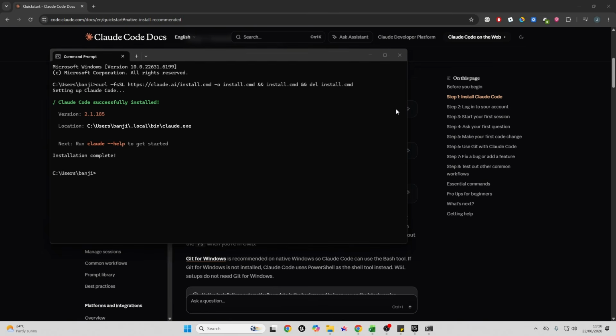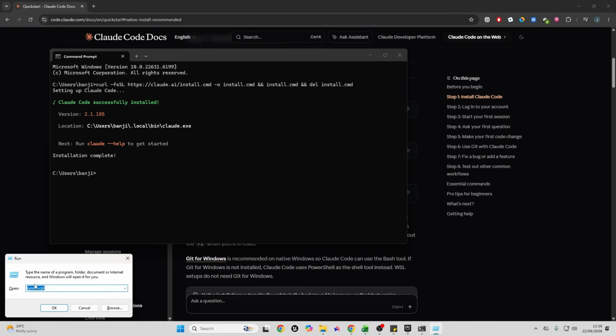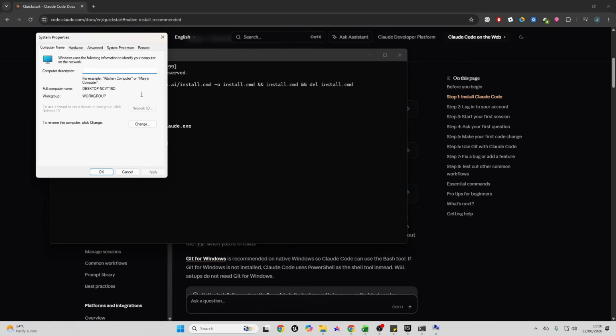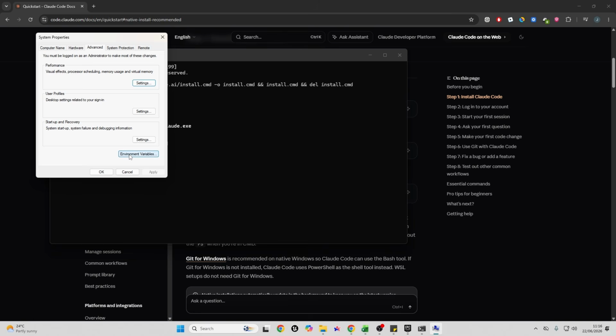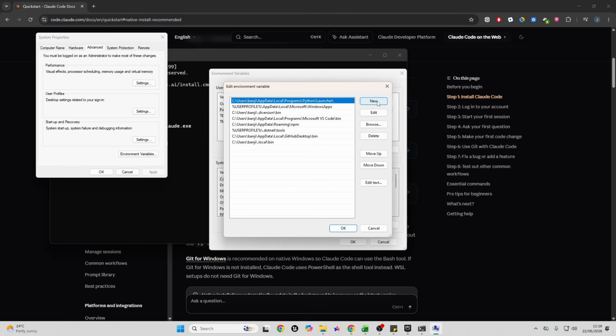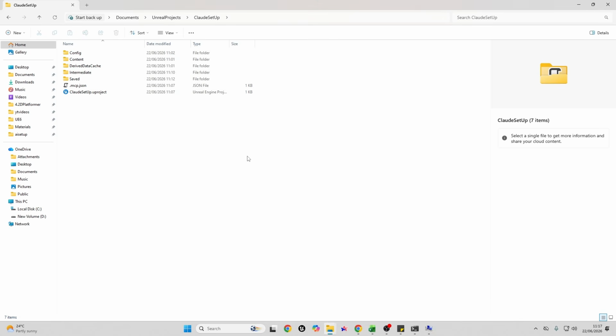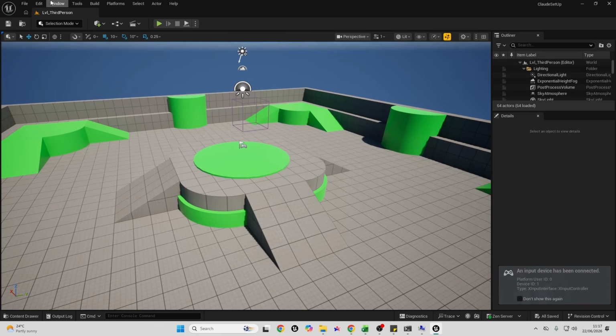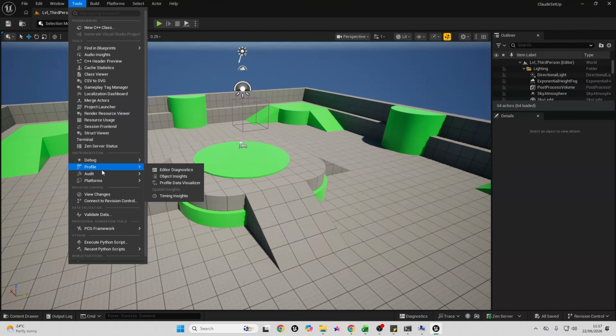Once you've done that, press Windows and R on your keyboard to open up Shell and type in sysdm.cpl, then go OK. Go over to Advanced and then Environment Variables, and we want to go over to Path here and click Edit and then click New, and then paste this, and you can remove the Claude.exe and just leave the bin. I've already done this. Once you've done that, close your Unreal Engine project in your Epic Games launcher and then open up your project again. Then you want to go over to Tools, Terminal,